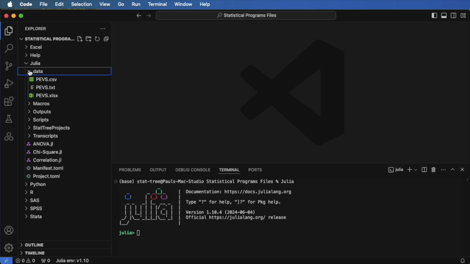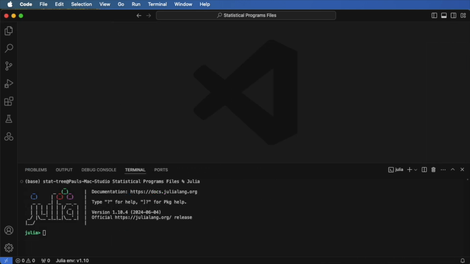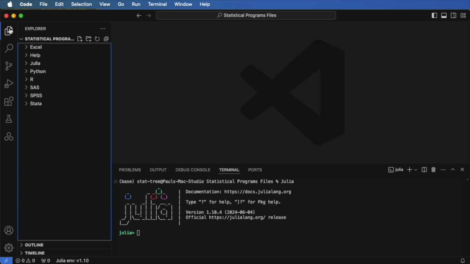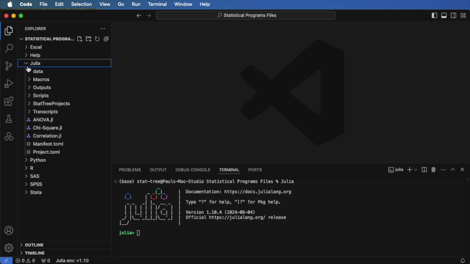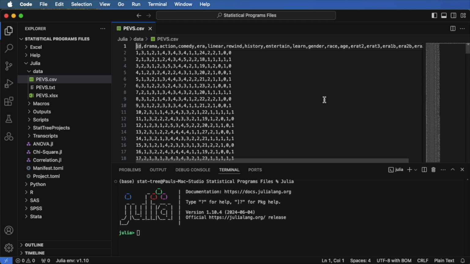The first option assumes that the data file contains only data with no header row containing variable names. To import using the first option in VS Code, click on the Explorer icon, go to the Explorer pane, browse to the location of the data file, and double-click on the CSV file. The data file will appear in the top right pane.